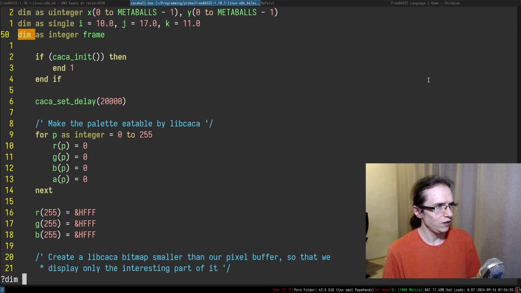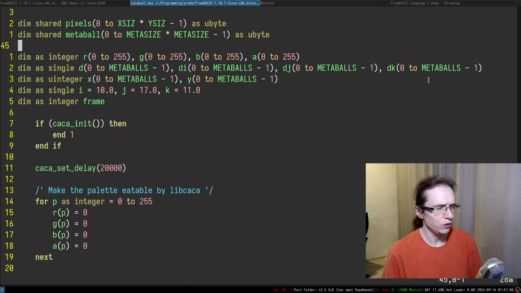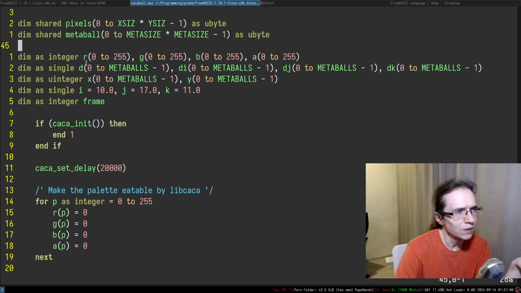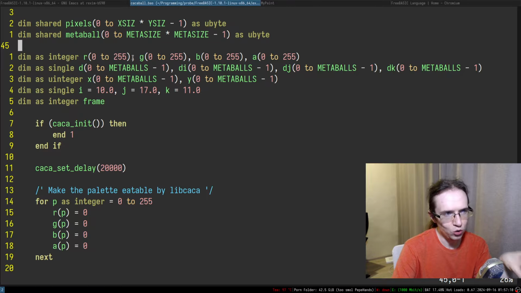And I think there is a dim here. This is very interesting. Look at that. It's a very funny way of defining it. So you can just define integers in bulk, right? So you do dim as integer, and every name that you list afterwards is going to be integer. And you can also